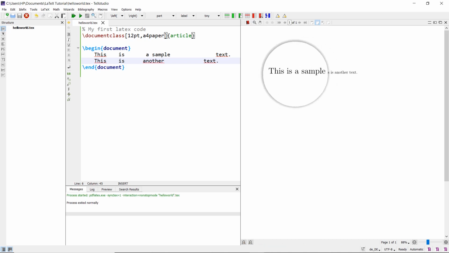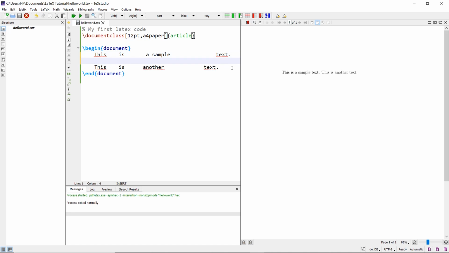What you observe is a strange behavior. You notice in the output PDF there are no unnecessary spaces and even the enter is not considered. This means space as well as enter are not considered as white space. So the question comes, how do I specify enter? It is very simple.